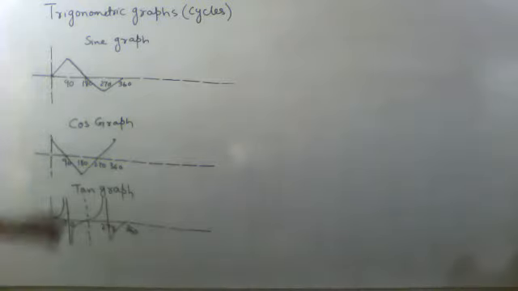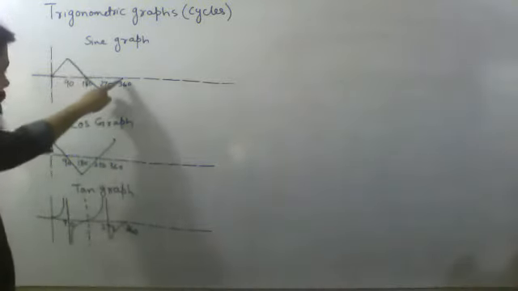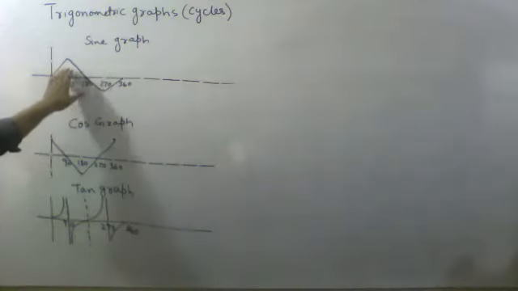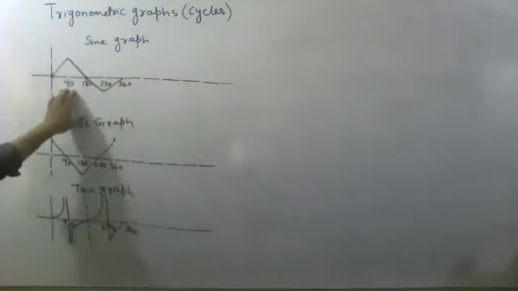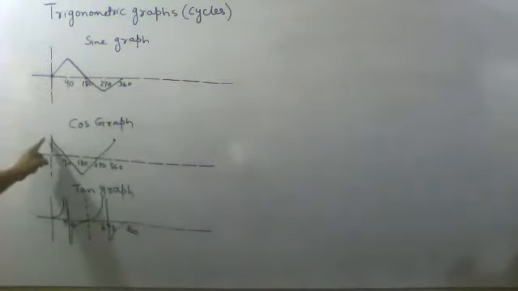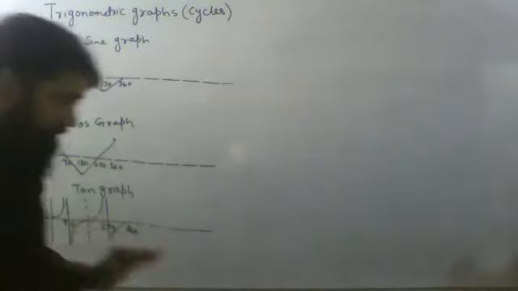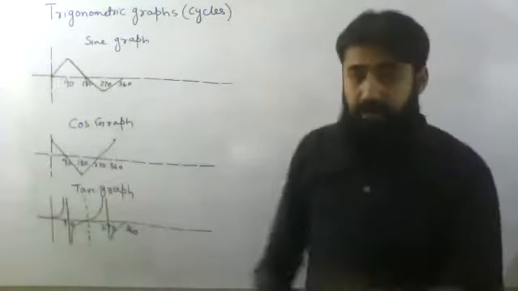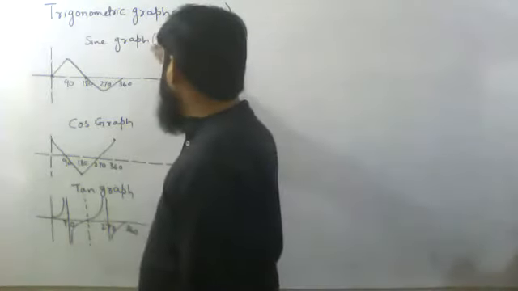But in sine and cos, you can see this one is going upward, then coming downward, and it is stopping over here. There is no similarity of this one over here. In the same way, in the tangent graph, it goes like this and it comes like this. So the first thing you have to remember, for the sine graph,